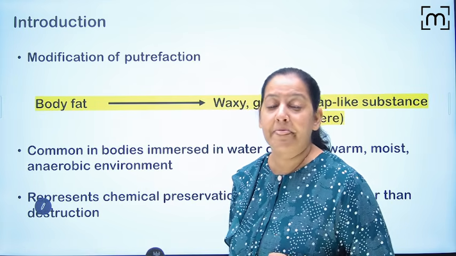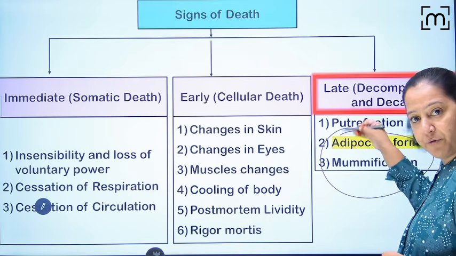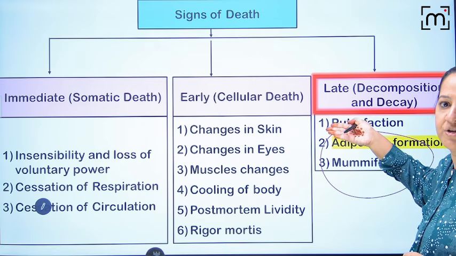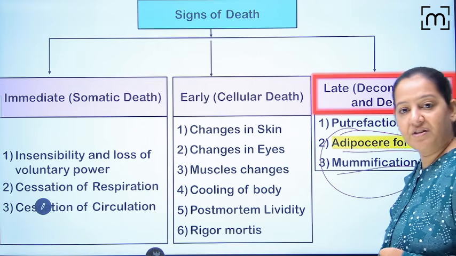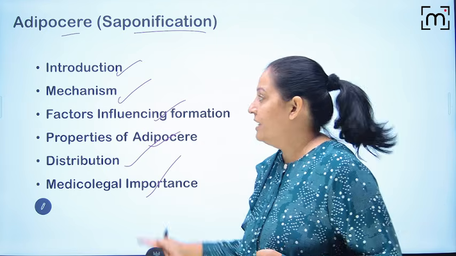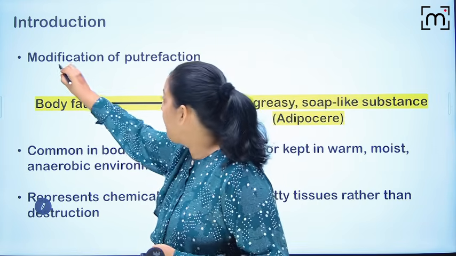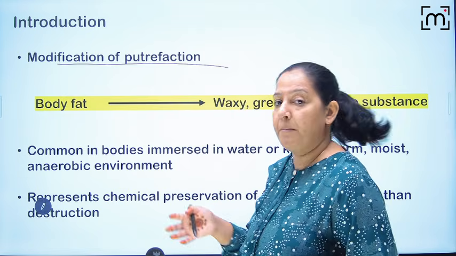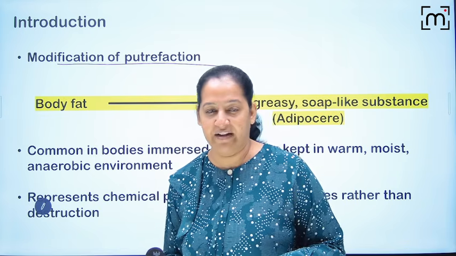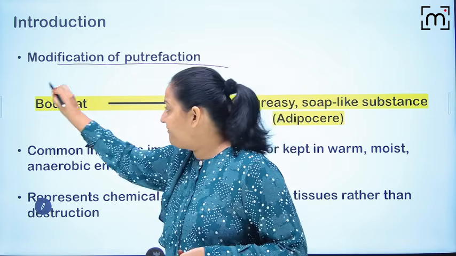What is adipocere? First of all, the remaining two are modifications of putrefaction. They prevent putrefaction, both of them: adipocere formation as well as mummification. Okay, so for adipocere formation, in the introduction itself, you can write down it's a modification of putrefaction in which the body fat, the dead body has fat, all human bodies have fat, whether obese or thin. So body fat,